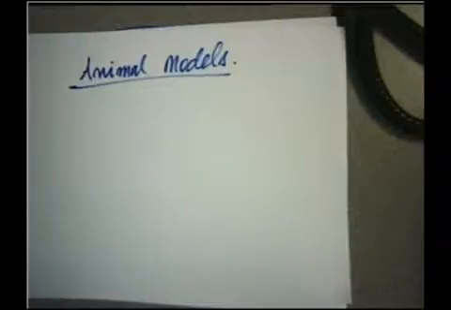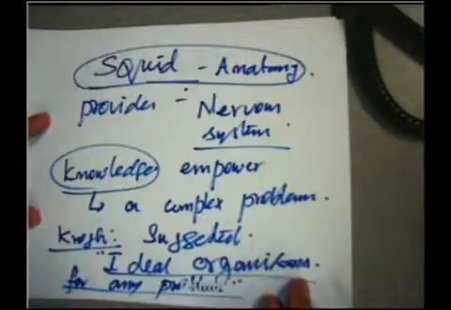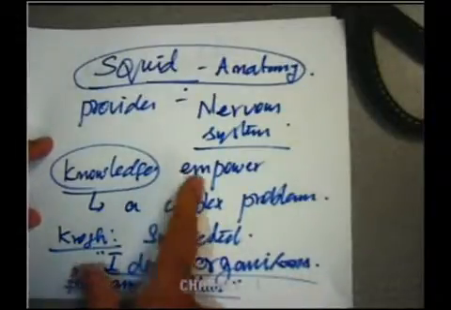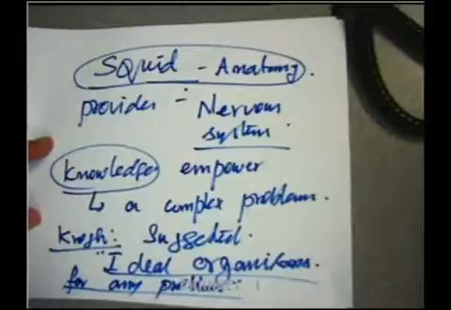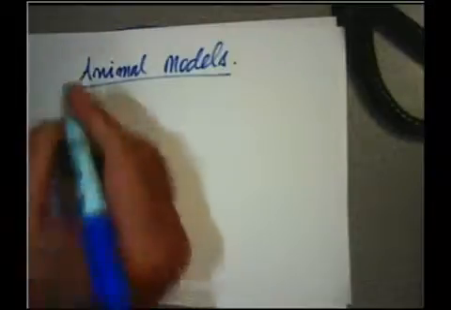I was getting on to the squid anatomy, all right? Previously, that provides the nervous system, and that gives a simple animal system to understand the complex organs. So we are choosing different animals, a simple animal, to study a complex mechanism. That's the part which we need to do with animal models, so I want to discuss it. Okay, so the animal models